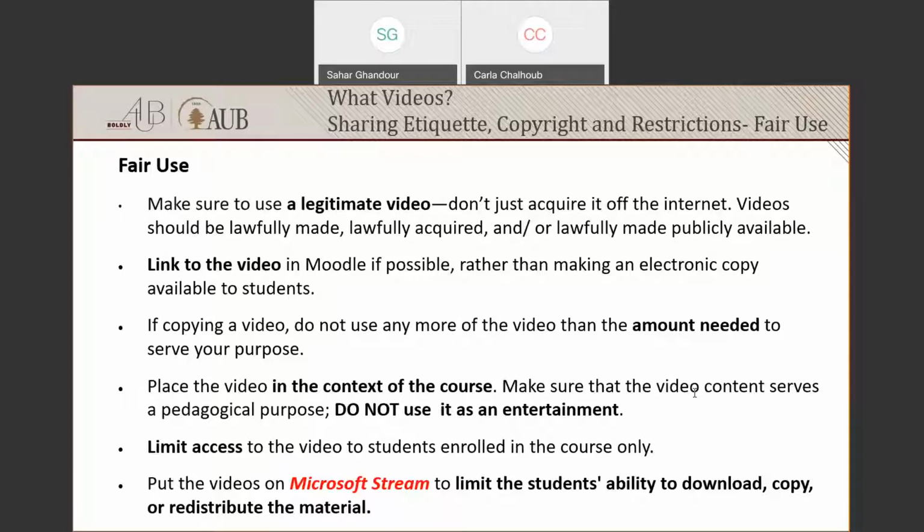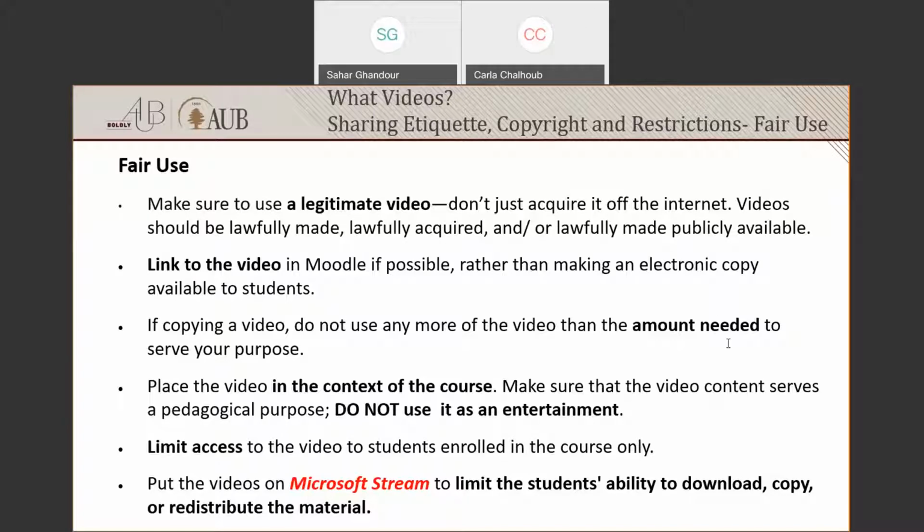Link to the video or link to the chapter in this video or link to the video clip created. And then students will be able to log in using their own credentials. This is very important because this is specified in every license we sign. The providers ask us to ask our faculty